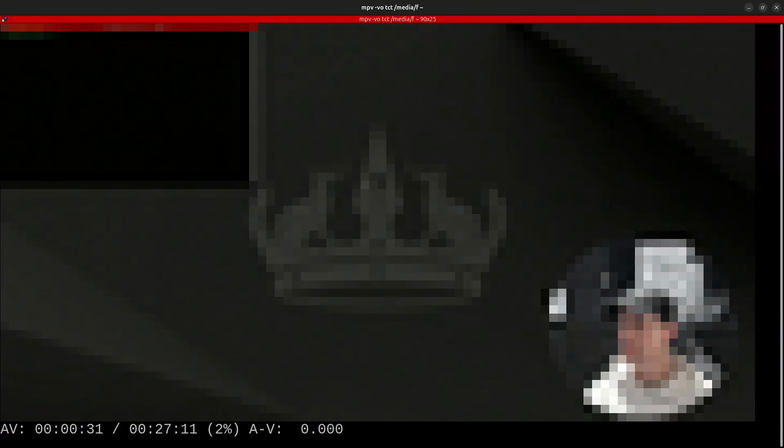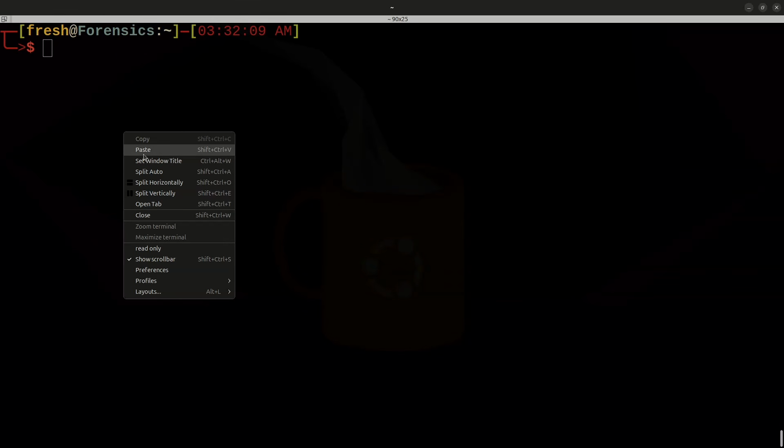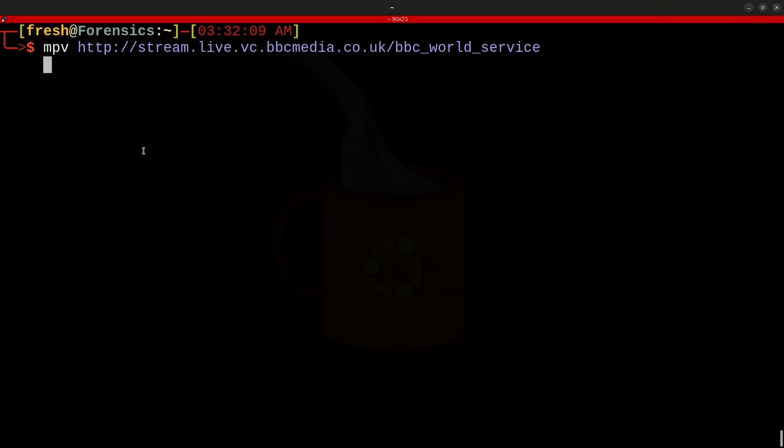Absolutely incredible, super cool. I love it. Who doesn't want to watch their videos inside of the terminal in ASCII format? You can actually live stream the BBC World News. I'm only going to play this for a couple seconds because I don't want to violate any YouTube guidelines, but